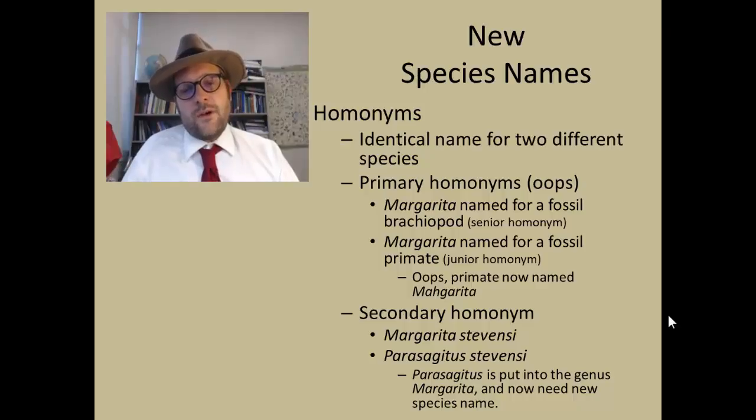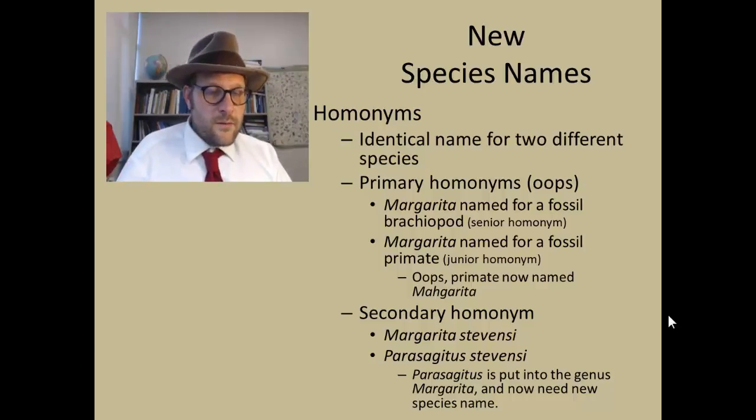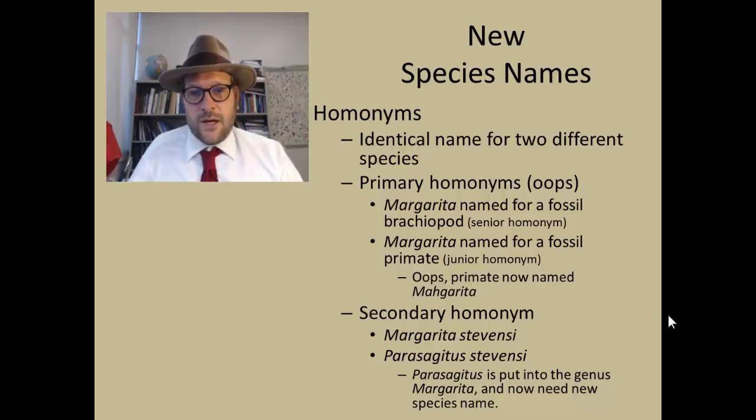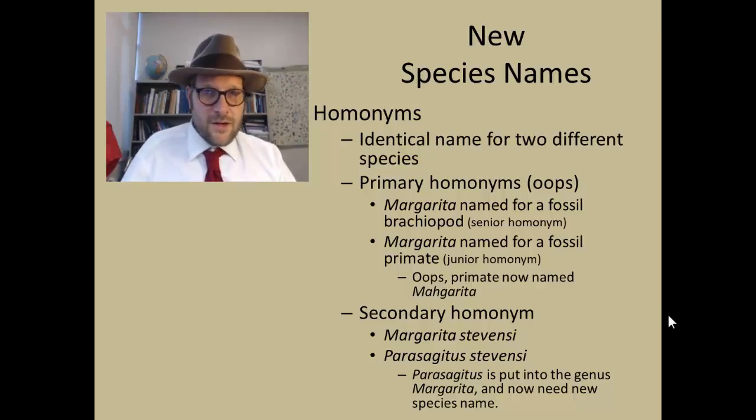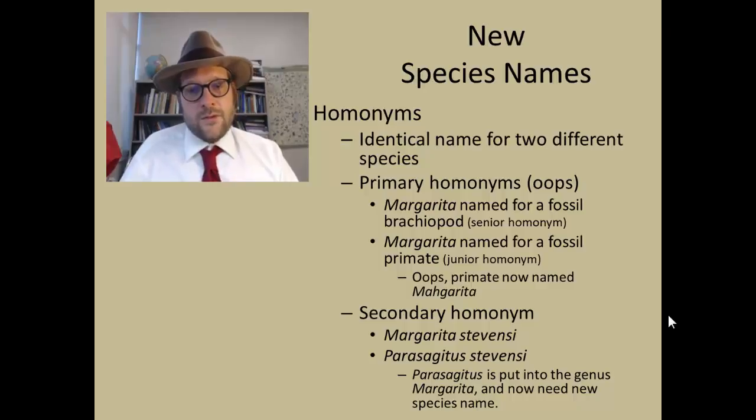Sometimes you can have what are called secondary homonyms, and that is where you have circumstances, because of the binomial names, where you get the same name. So in this case we have Margarita stevensi, that's the species name, and we have Parasagius stevensi. But a researcher discovers that Parasagius stevensi should be included in Margarita, the genus Margarita. So now you're going to have Margarita stevensi and Margarita stevensi, and they both have the same name. So you have to come up with a new species name, maybe it's Jeffersonia, for that that used to be